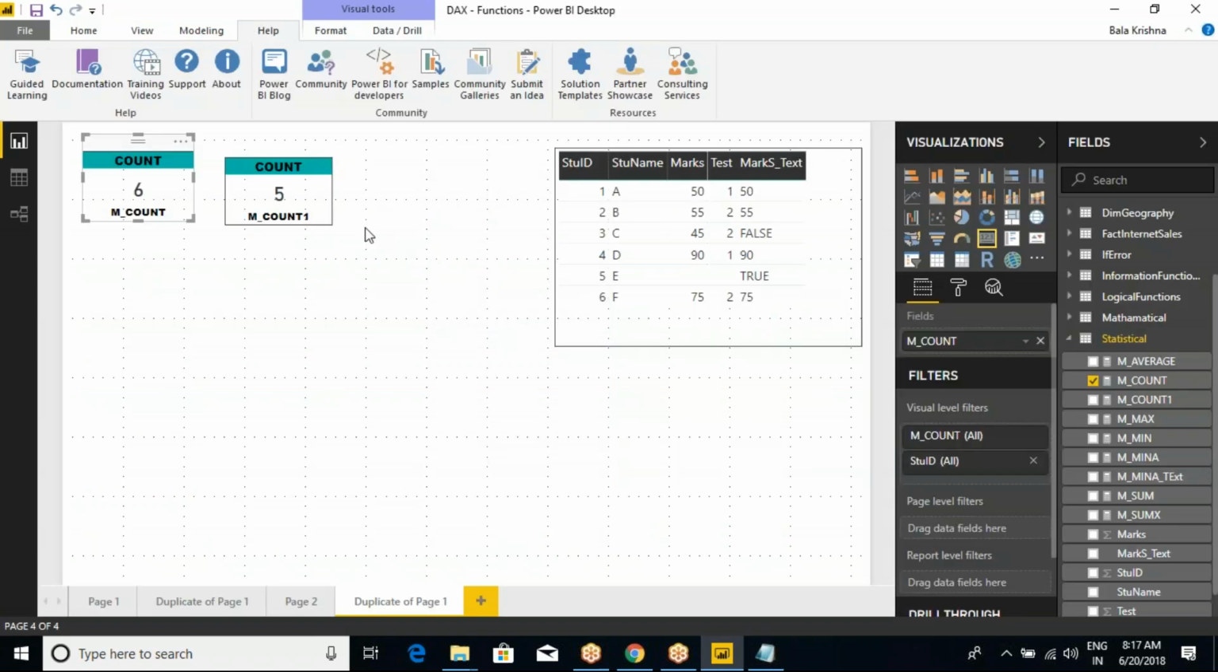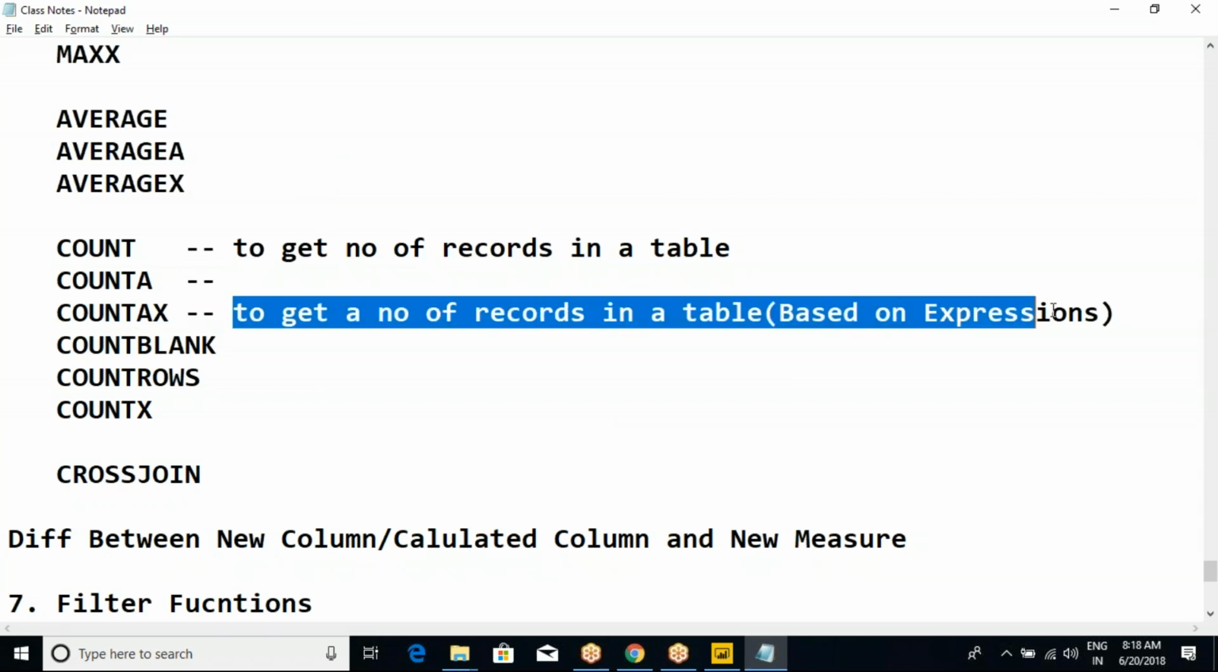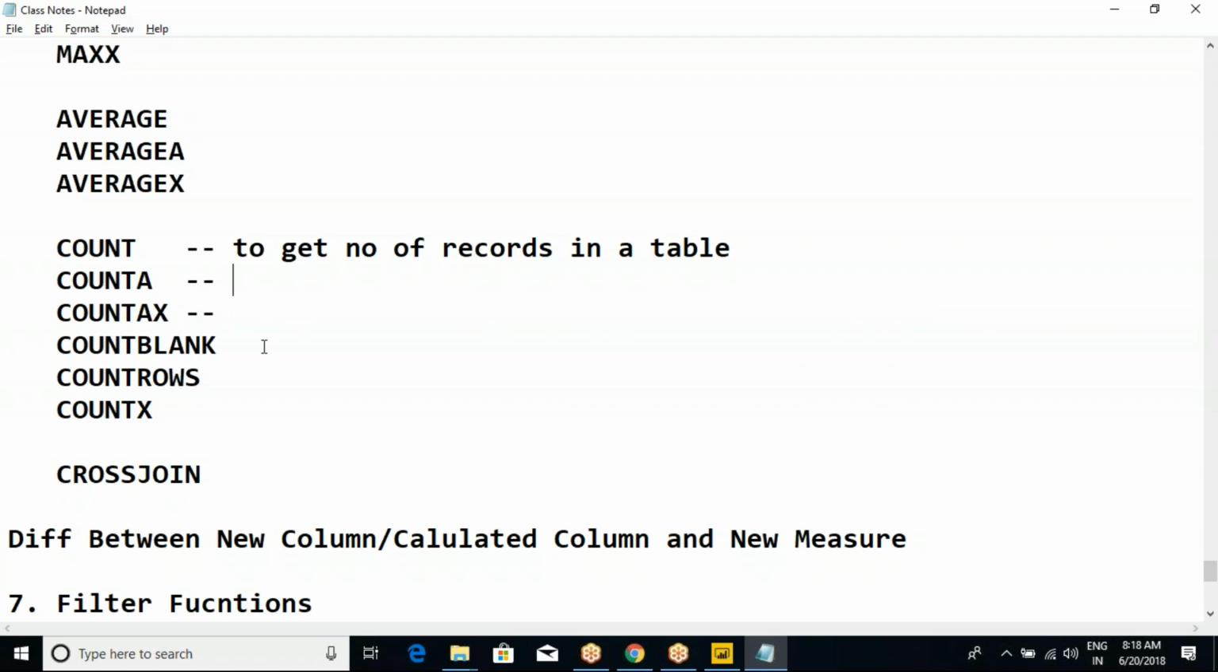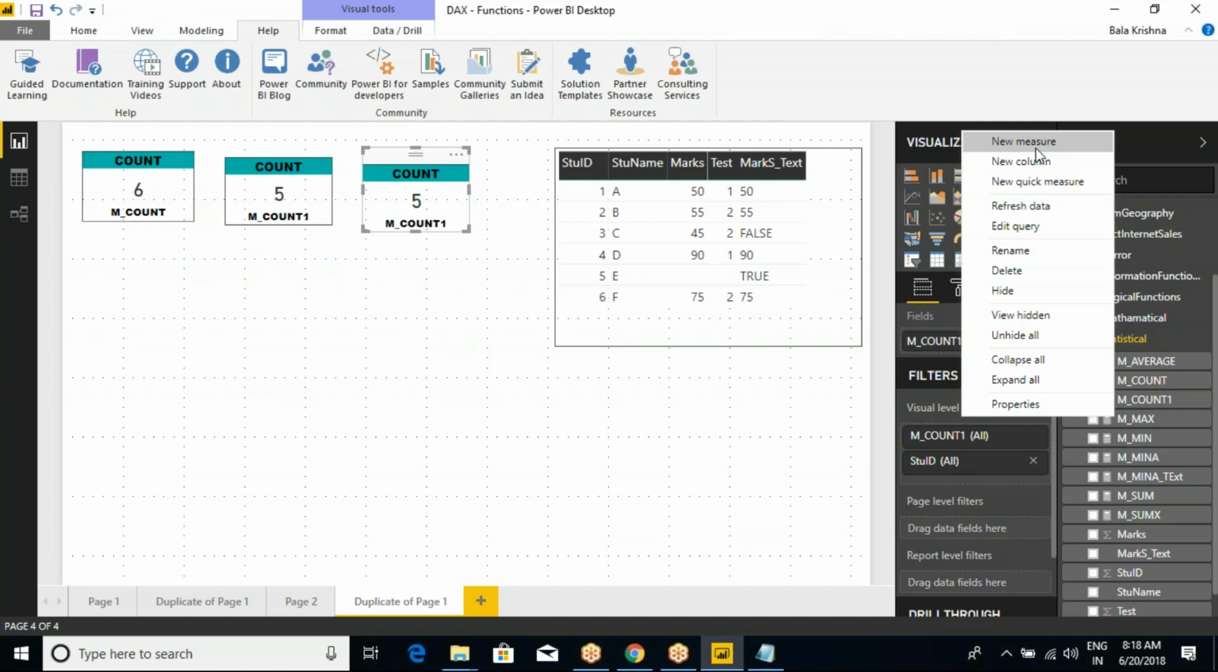So the next one is count A and count X, I'm just ignoring. We will start from whichever was not discussed today. So the count blank function: sometimes I want to get only how many blank records are available. So what is the expected result here? If I go for the marks-wise, only one blank is available, right? So if you want to know how many blanks are available, let me add a new measure